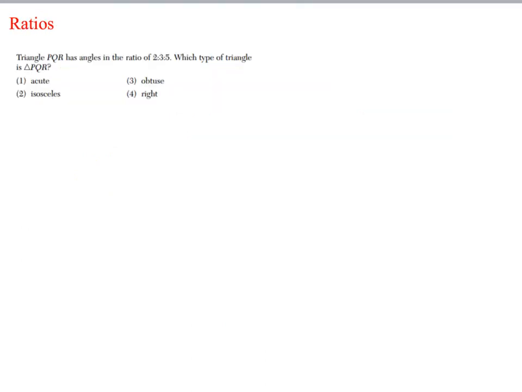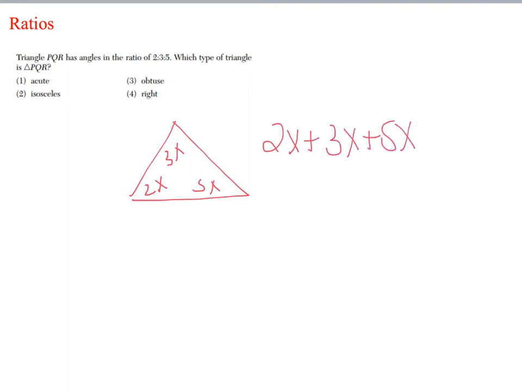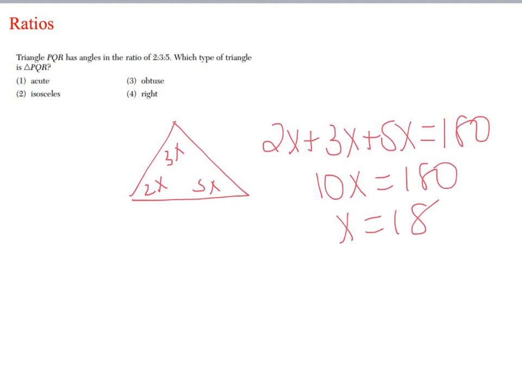Okay, whenever you're given a word problem type of question and they give you ratios, you must put x's after them. So for instance, if this is the triangle, the angles aren't 2, 3, and 5, they're 2x, 3x, and 5x. So all of these angles have to add up to 180. So we're going to get 10x equals 180, x equals 18. From there, plug it back into each of the 3 values. So for instance,